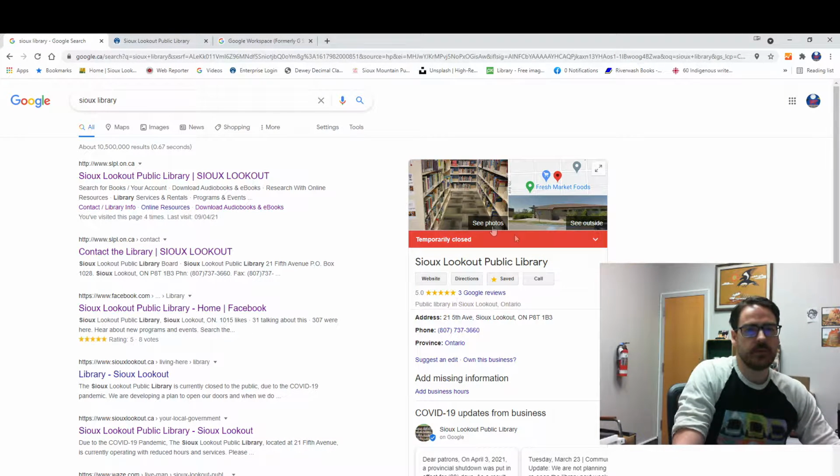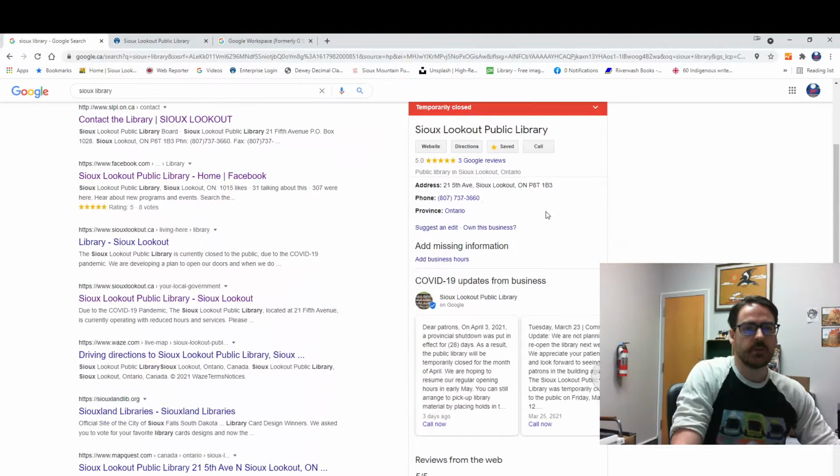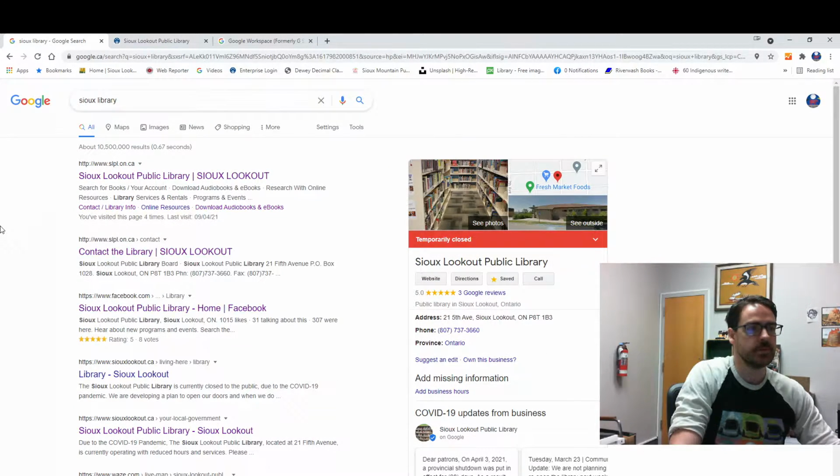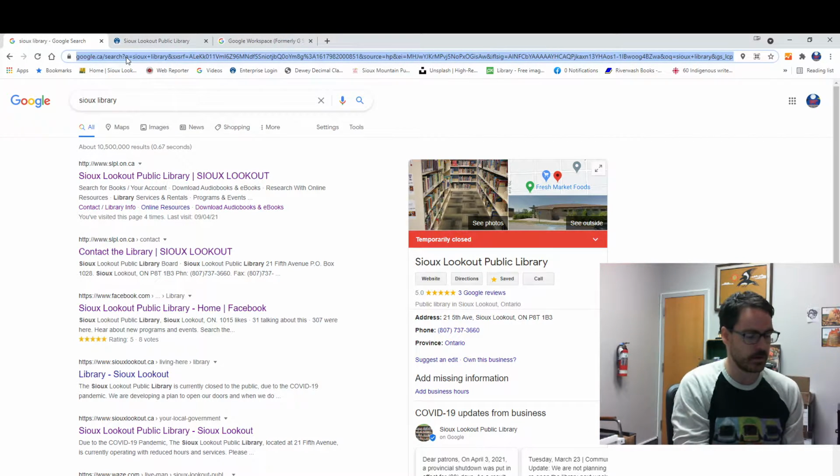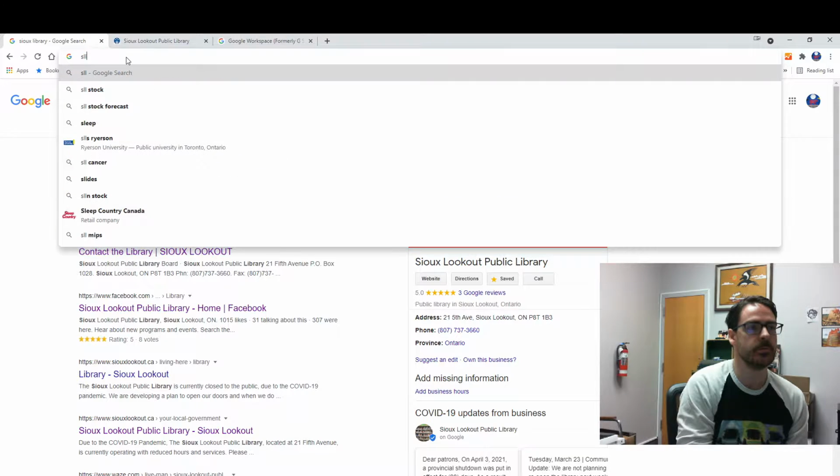You'll see that we have our bulletin board over here. Our Google page will give you some updates. We're giving the community some regular COVID-19 updates, and the first Google search result will be the Sulical Public Library. Alternatively, you could type in our domain address, so